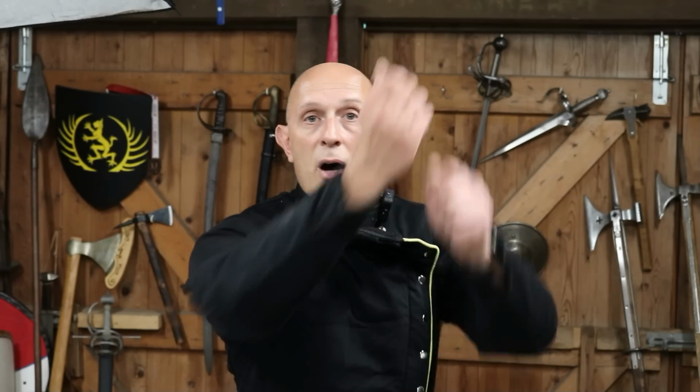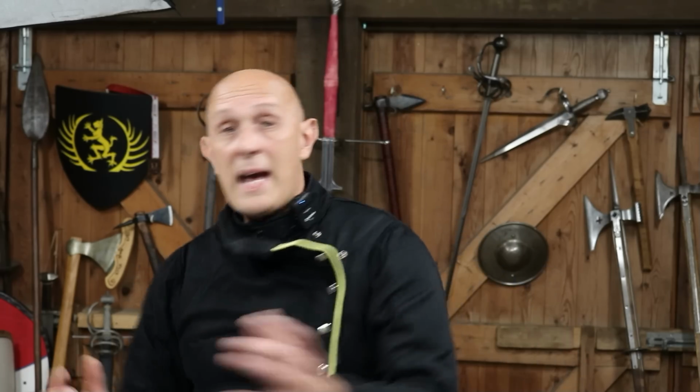momentum to it. So these sorts of false edge cuts can be hugely useful because they can come from angles you don't expect, they can come around someone's guard, they can come over the top of a parry, all of these sorts of things, and they can be more difficult to defend against. But I want to come back to my original point, and that is false edge cuts, while they are useful and you should do them, in my opinion, should not necessarily be scored or regarded as equal to front edge,